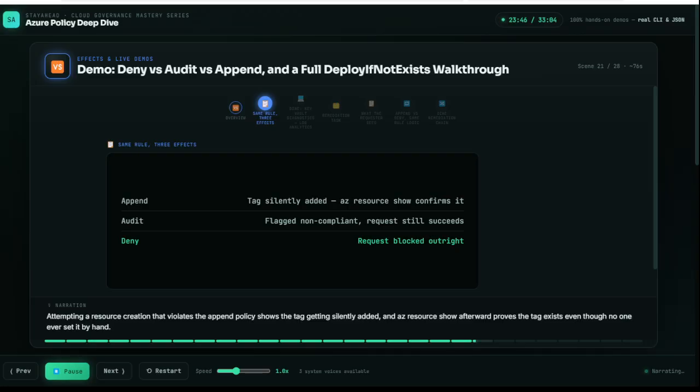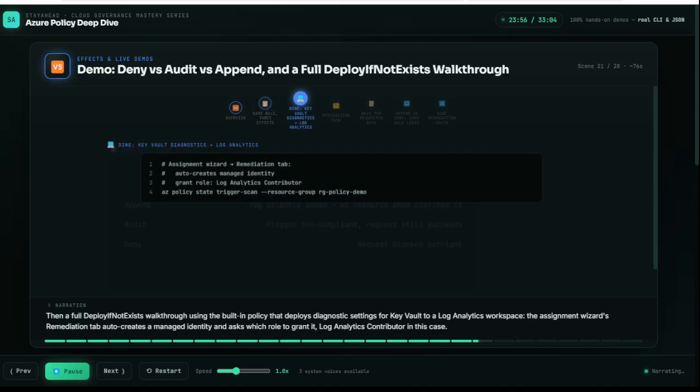Attempting a resource creation that violates the append policy shows the tag getting silently added, and az resource show afterward proves the tag exists even though no one ever set it by hand. Then a full DeployIfNotExists walkthrough using the built-in policy that deploys diagnostic settings for Key Vault to a Log Analytics